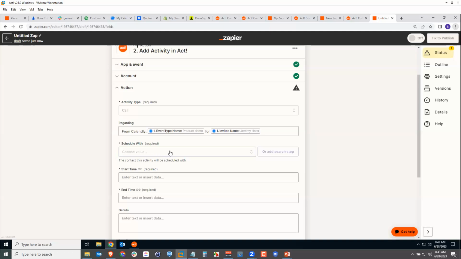And what I want to do is I want it to look in my Act database for this person, Jeremy Haas. If they find them in my database, great, schedule this activity with them. But what if they're not in my database? I want to search for them and add them as a contact. And so that's what I'm going to do here. In my schedule with,